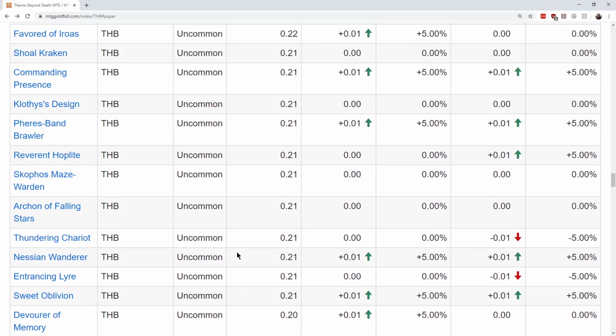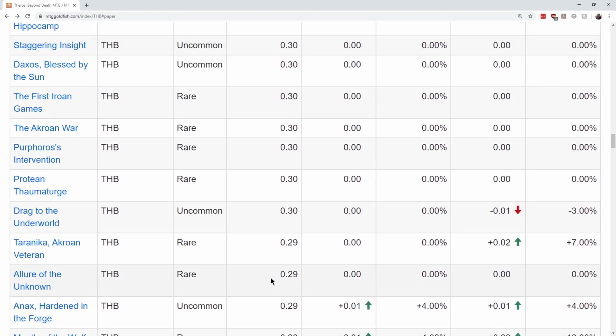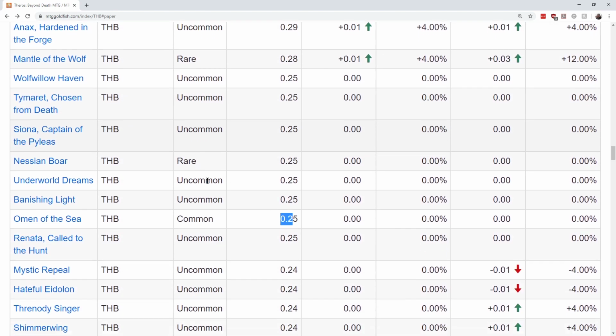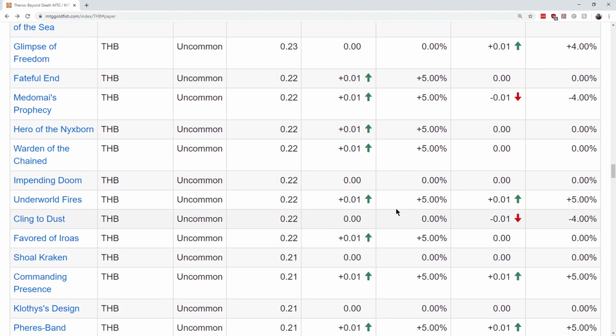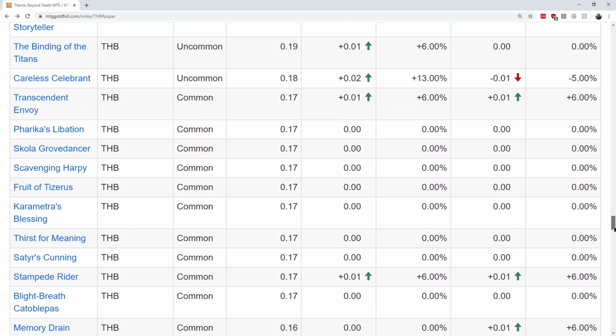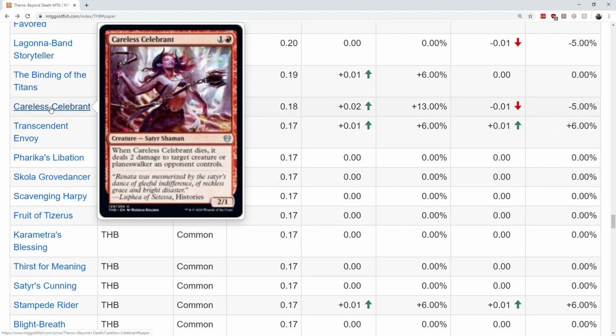What's the best common in the set? Let's see. Has there been any common that's held a 40-50 cent price? I don't think so. No, wait. Omen of the Sea. This is probably the biggest common. It's holding 25 cents. Most commons are floating around 15 cents. Well,